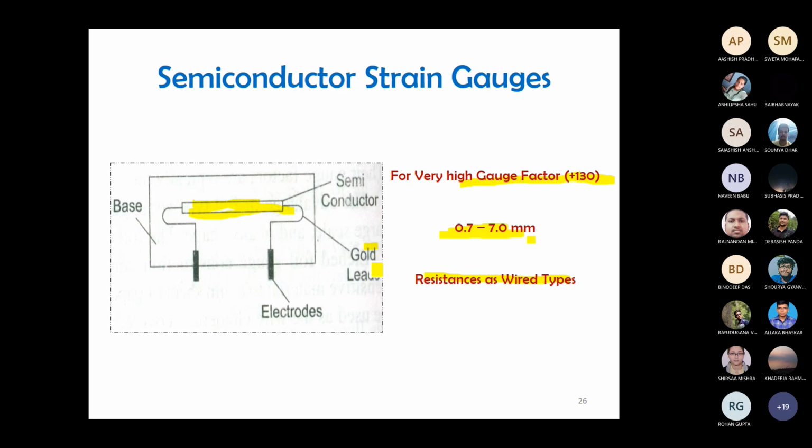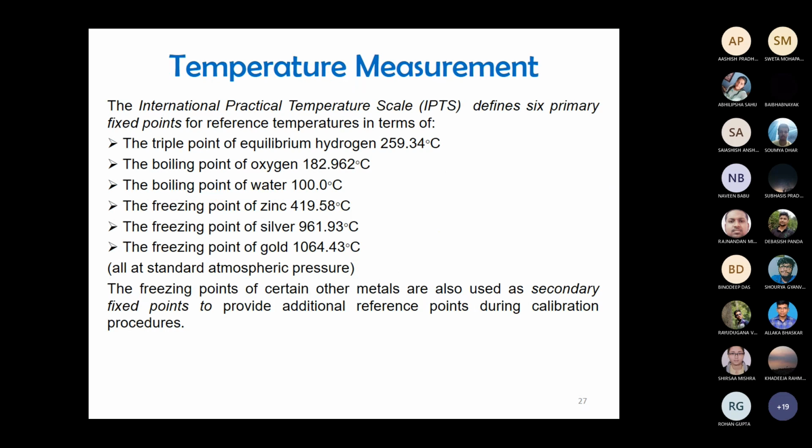Temperature measurement, what happens with this transducer? The international practical temperature scale. Different organization names are there who are responsible for the international scale. Basically, this chapter is database-oriented, meaning analytical data, so numerical problems as well as similar types of problems are very important. And here we can see the temperature oriented part.